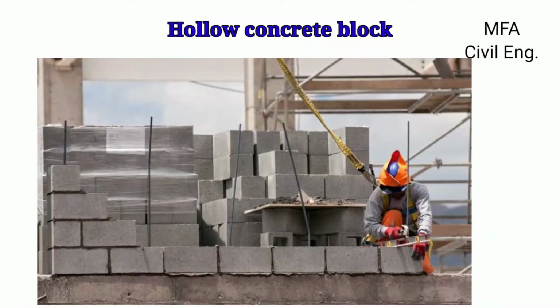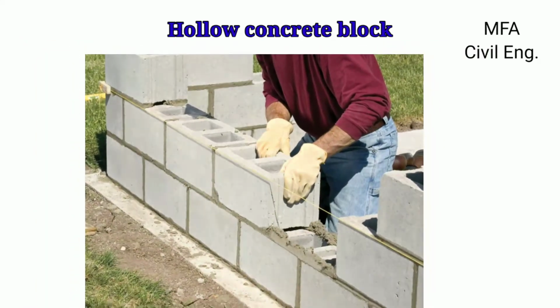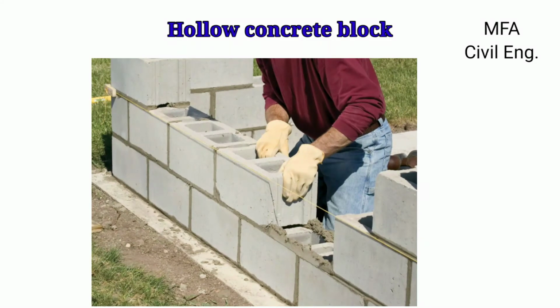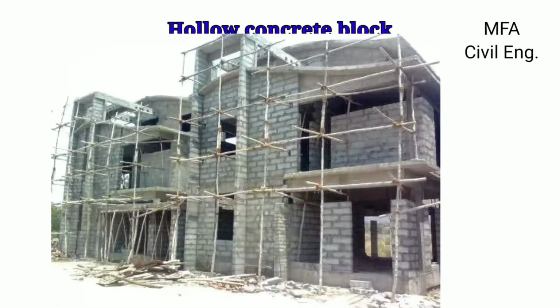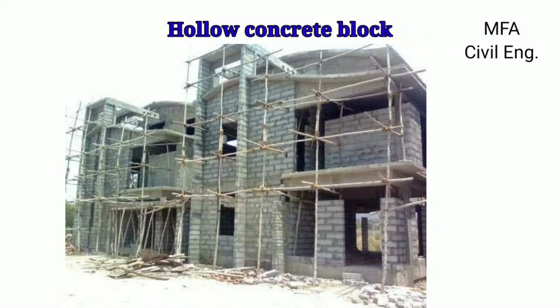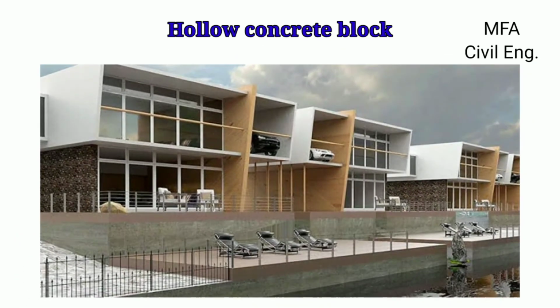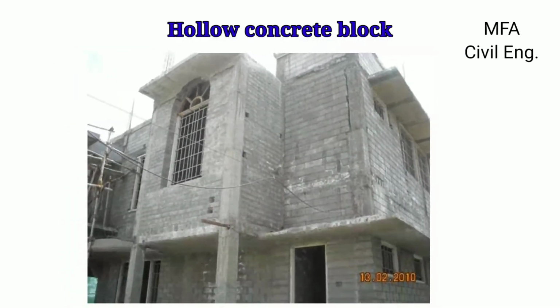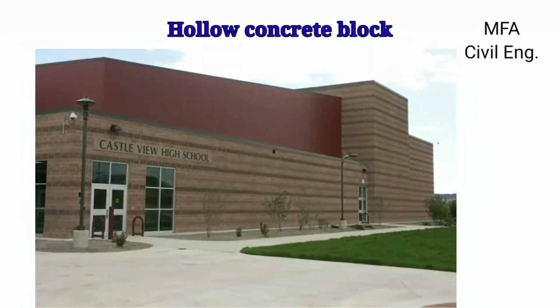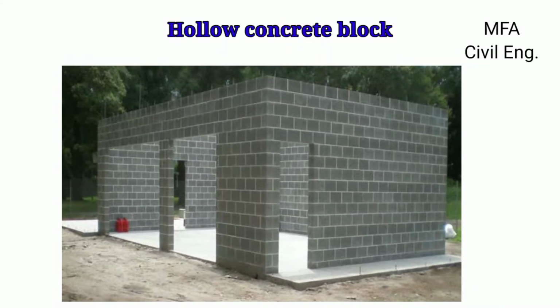Rapid construction is possible as its regular size requires no dressing work. The number of joints in the masonry is less due to the large size of the block. There is a maximum saving in mortar, and the load transfer to the foundation is much less due to its light weight. These blocks can be used in load bearing structures such as low rise residential and office buildings, bungalows, shelter units for rural housing, institutional buildings, godowns and warehouses.